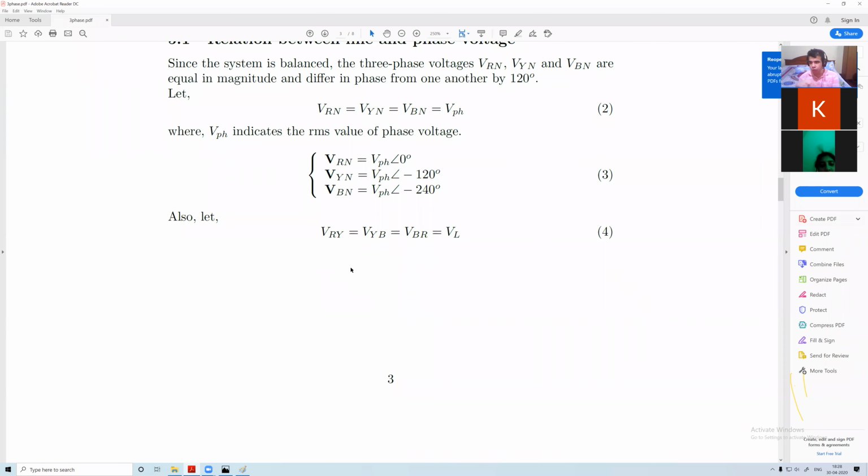In general that is true, but here I'm broadcasting, so you can see my screen. Your question. Let me scroll up. Equation 4, why it is referred to VL. VL is a line voltage. Okay. It is respected to line voltage. So what we had seen, we are assuming the phase voltage is VPH and line voltage is VL.